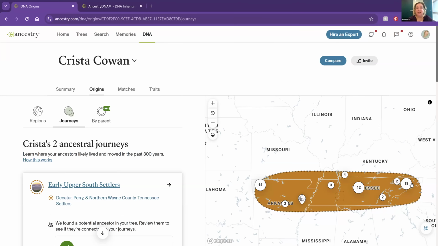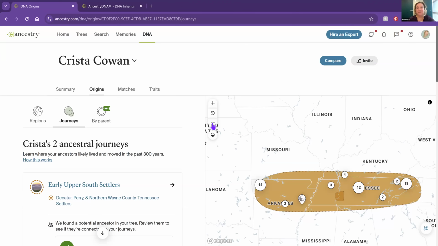And then starting in 1831, over the course of about 20 years, there was a series of migrations from this part of Tennessee all the way across to the northwest corner of Arkansas, where both of my grandparents on my mom's side were born. My grandma was born in Benton County, Arkansas. My grandfather was born in Washington County, Arkansas. And we still have cousins and, until just recently, a last surviving aunt of my mom that lived there. So that is really exciting to me, to know that the DNA is showing absolutely that I am connected to